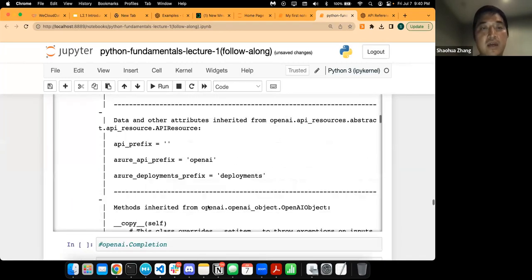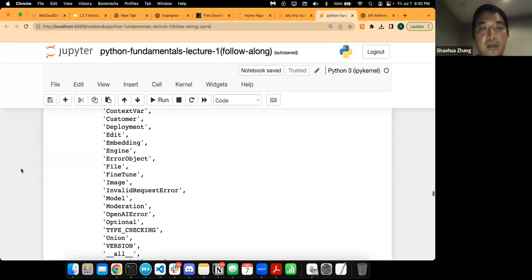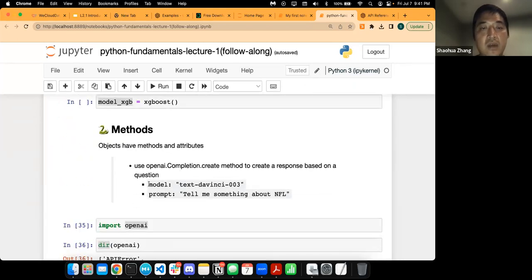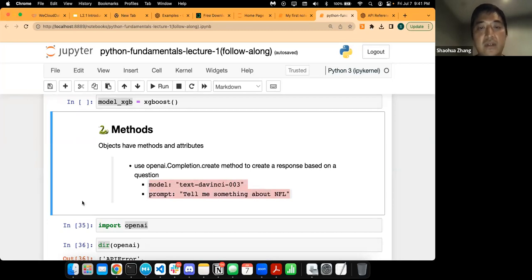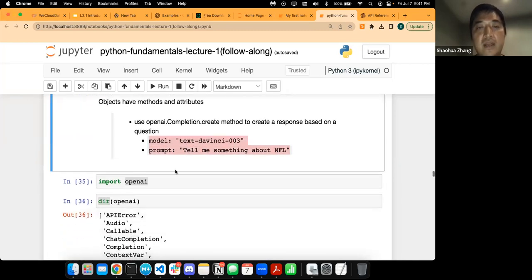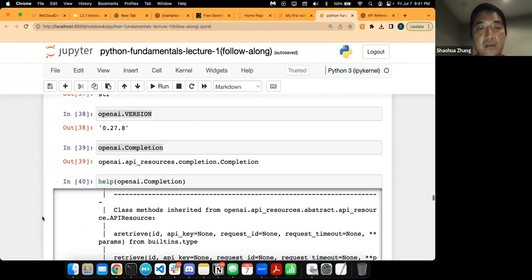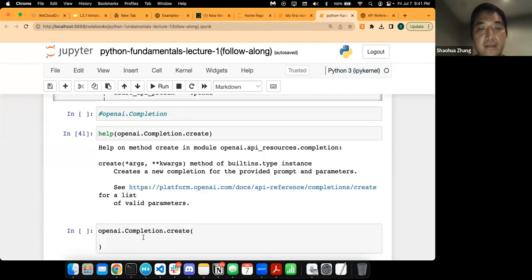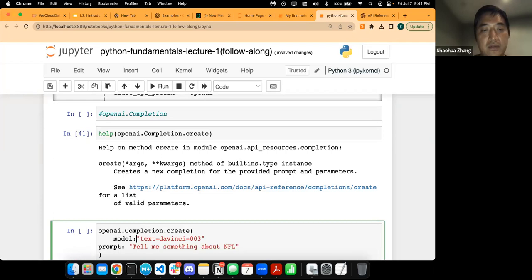There's some basic information and instruction here. So we would like to work with this model, which is the default DaVinci model, pre-trained, and then we would like to give it a prompt. So what we need to do is come back here. I'm just going to paste that here,